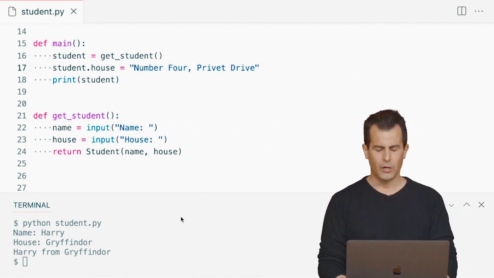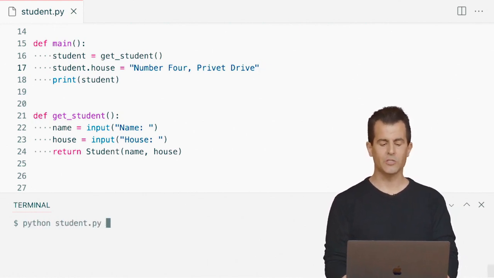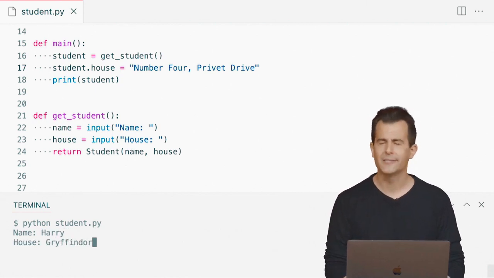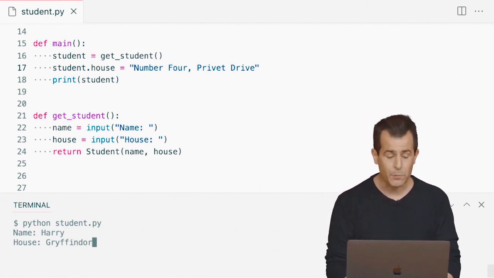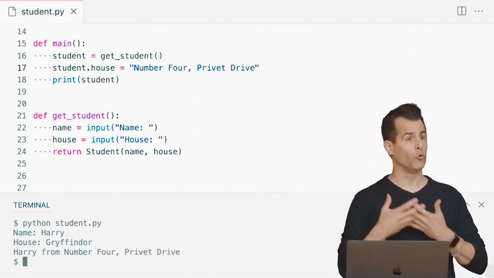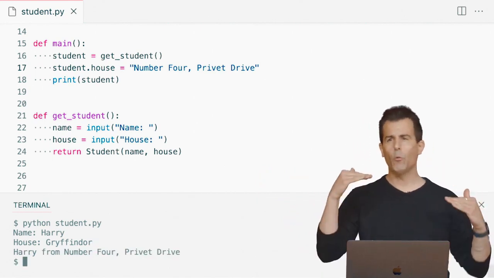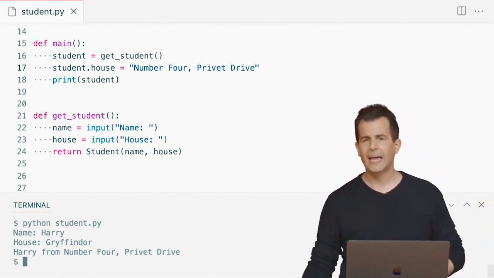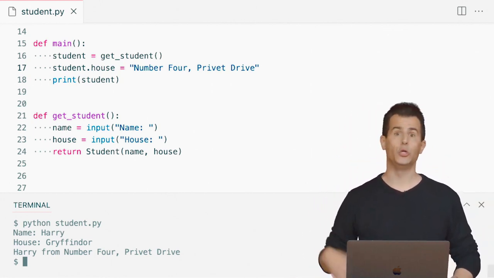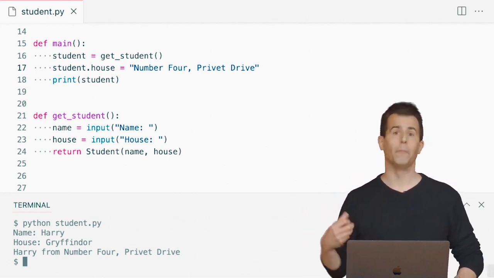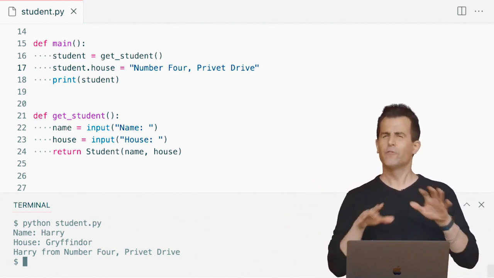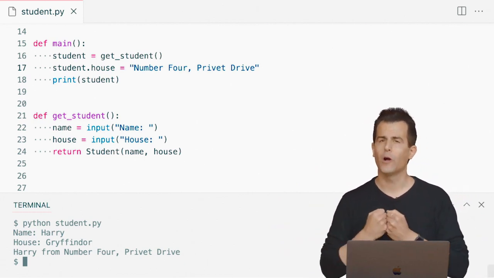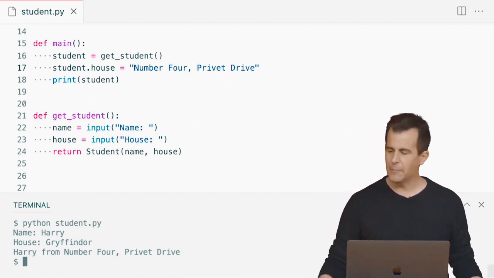There's nothing stopping me at the moment from just changing the house or the name after. So if I now clear my terminal window and run python of student.py, I'll still type in Harry and Gryffindor to meet my requirements that the house be one of those 4. But when it's printed, notice I've still overridden it. So it seems that while classes do allow us a little more control over the data we're storing, it doesn't necessarily prevent the user, or rather the programmer, be it myself or maybe a colleague, from still kind of messing things up. So here too, in the spirit of programming a little more defensively,